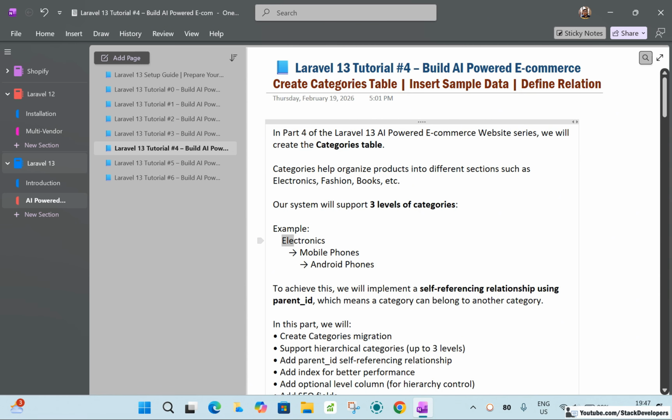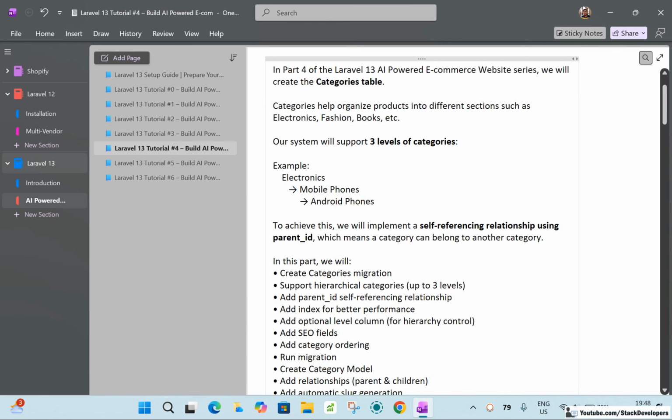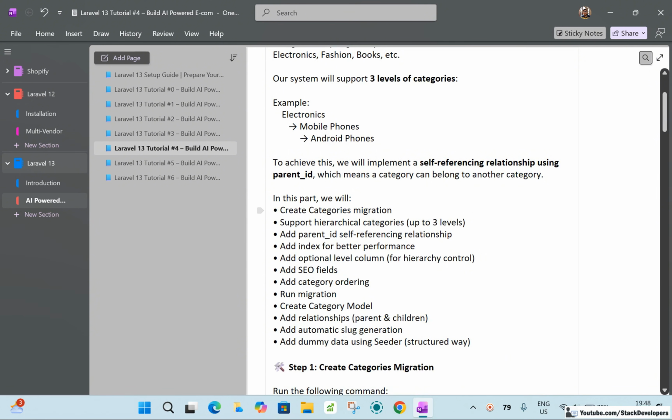Example, like if we are going to add the main category like electronics, and under electronics we can add the subcategory like mobile phones. Under mobile phones we can add the subcategory like Android phones. So to achieve this, we will implement a self-referencing relationship using parent ID, which means a category can belong to another category. So in this part, we will create categories migration,